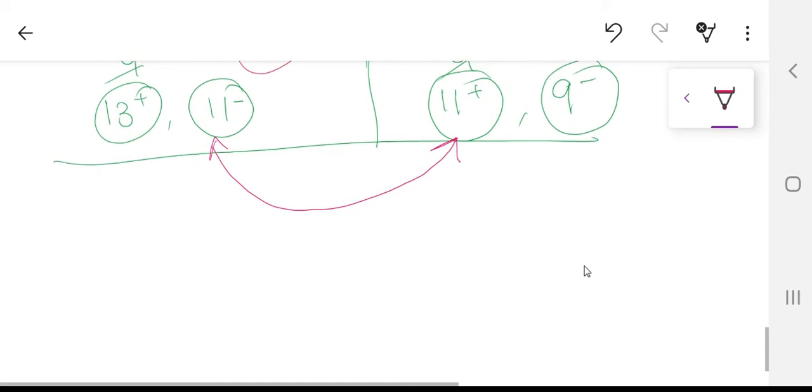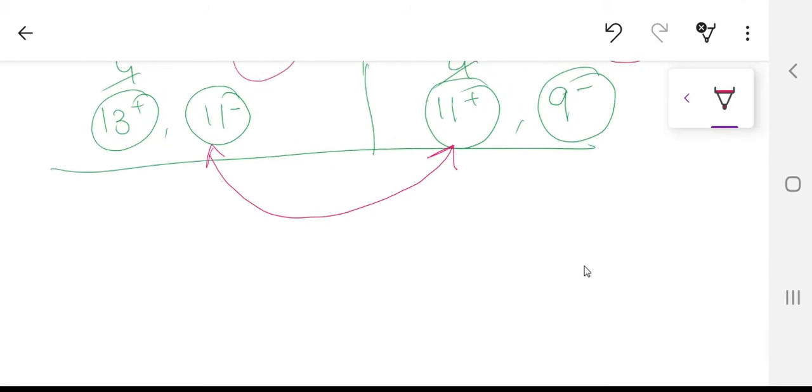And just to give you an idea, I'm not going to solve that one for you, but if you want to compare the two speeds, because this is coming from the stator side and this is coming from the rotor side, if I want to evaluate the speed of the 11th harmonic with respect to stator, this will be written as minus ns by 11. Why? Because this is already having a negative sign. So this is already moving in the opposite direction to the fundamental. And then when you are going to equate the two speeds, on the rotor side, this 11th harmonic is in the positive direction. This is very important. This is moving in the positive direction.